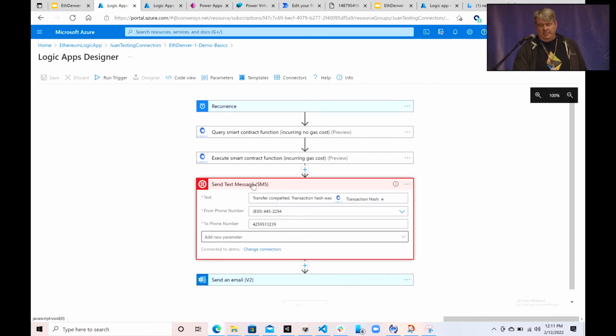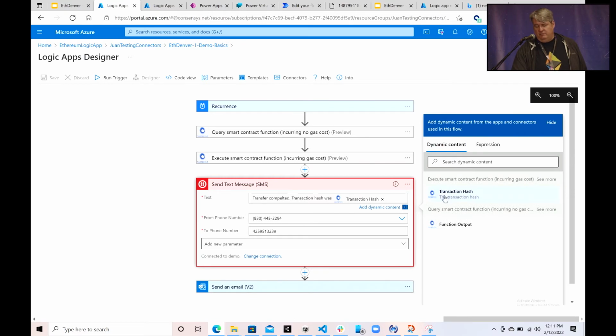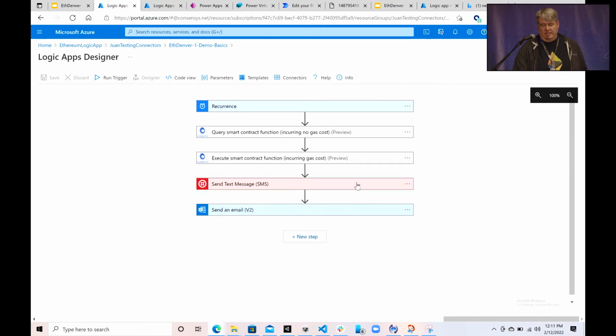With Twilio, I'm saying, hey, go ahead and send me a text message. You'll hear my phone go off in a second. And also send me an email, which you'll see happen on screen. Because the connector provides information like the transaction hash, you can have things like that automatically populate in here. So you can build things out in 4 or 5 minutes, in some cases, just to get things going and try things out. So if I go ahead and execute this right now,